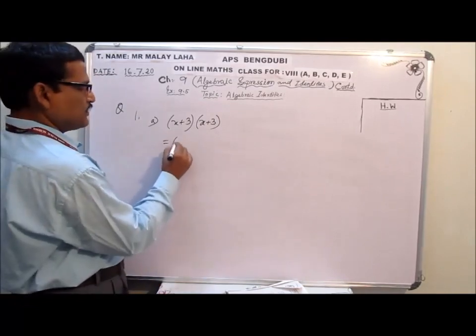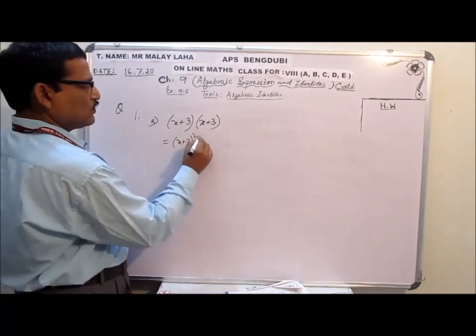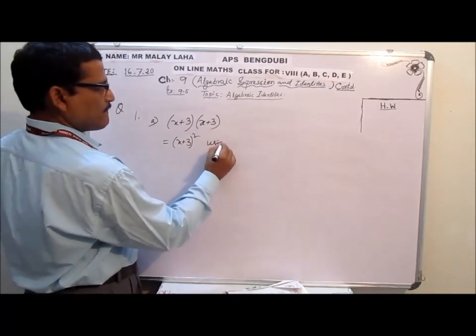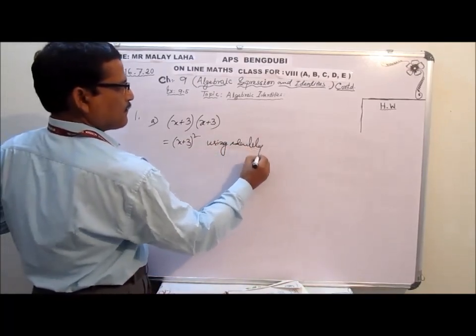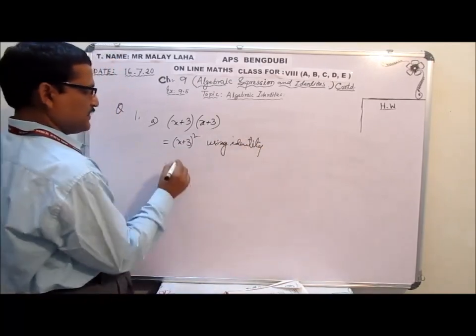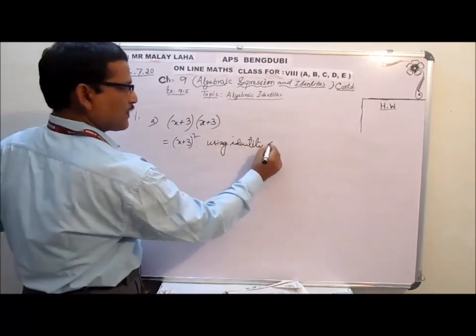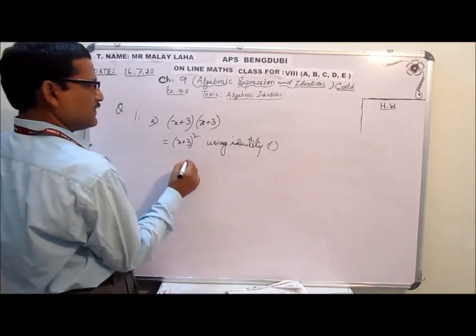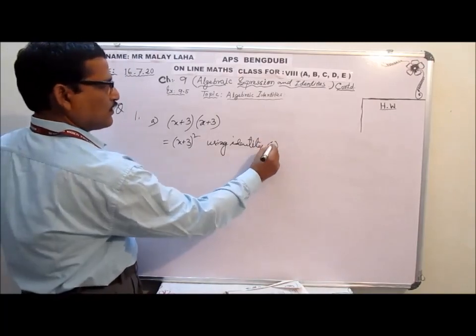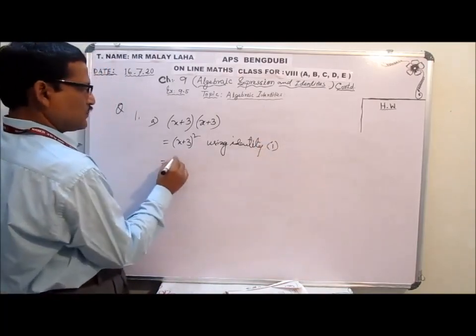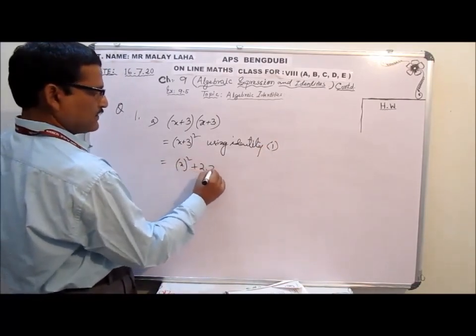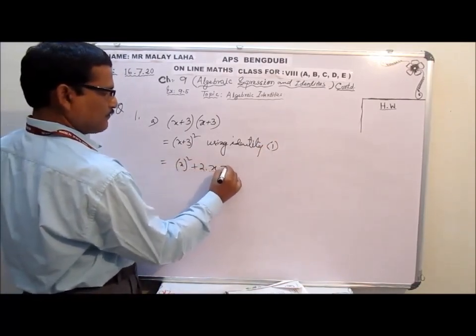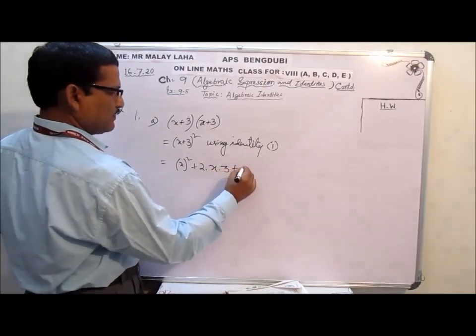So I can write this as x plus 3 whole square, using identity 1. You have to write it this way. First identity, using identity 1. So it is identity 1: x square plus twice a, meaning x, b meaning 3, plus b square, meaning 3